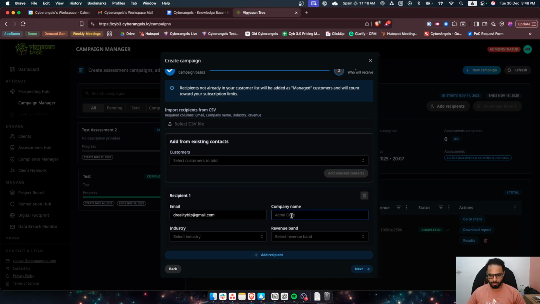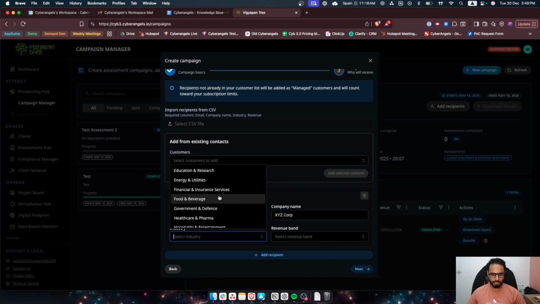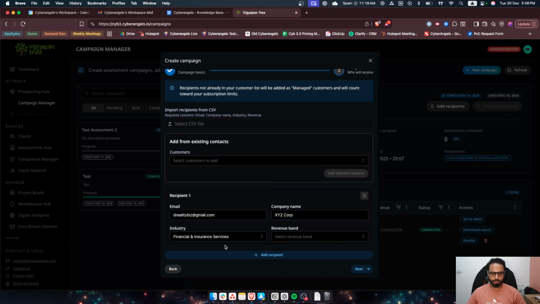And you need to select the company name. So it can be XYZ Corp. You need to select the industry. Once again, it's important. The industry is important from a benchmarking perspective for the tool to analyze accordingly. And then, of course, you can select the revenue band, so less than 100K, and boom, your first recipient is